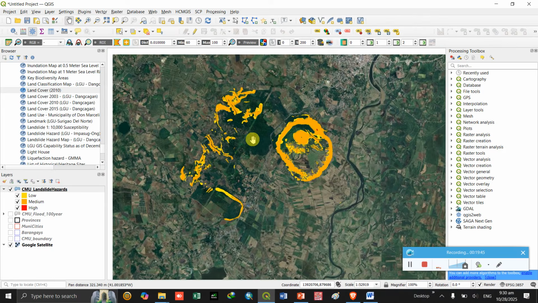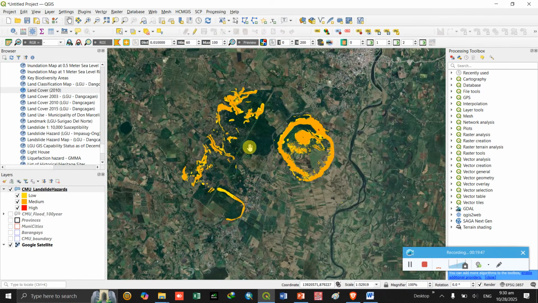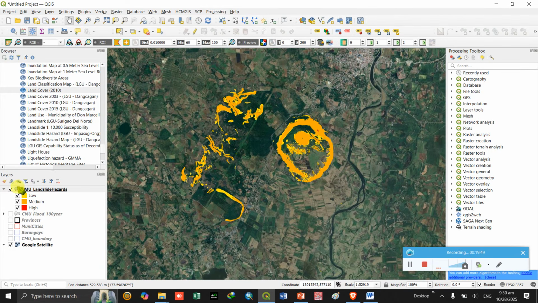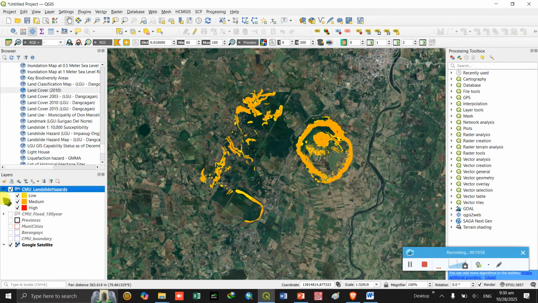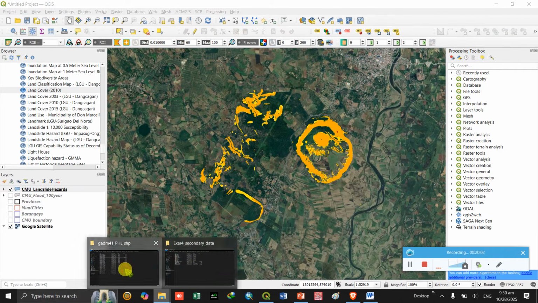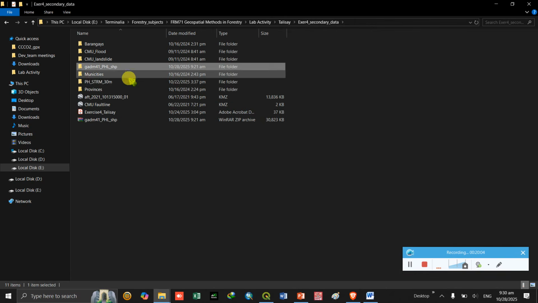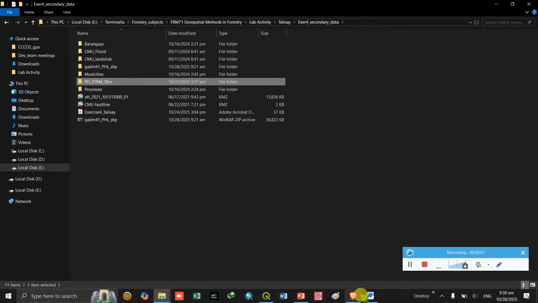Okay, then of course, these are the different hazard data coming from UP NOAH that is applicable to the CMU extent. And of course, don't forget to add or to display the DEM, which is coming from the Open Topography.